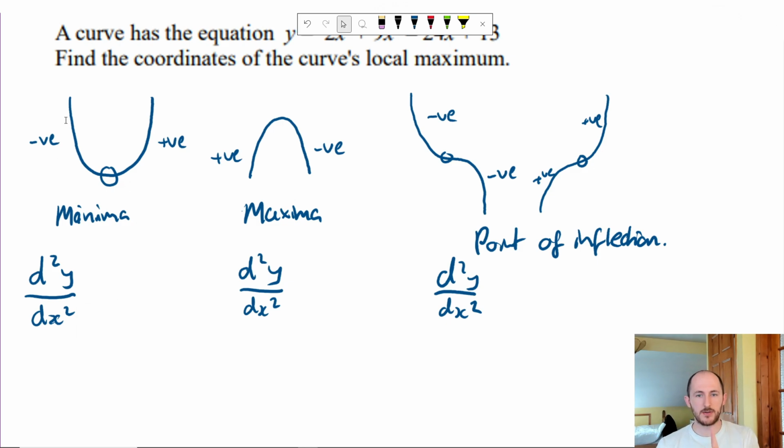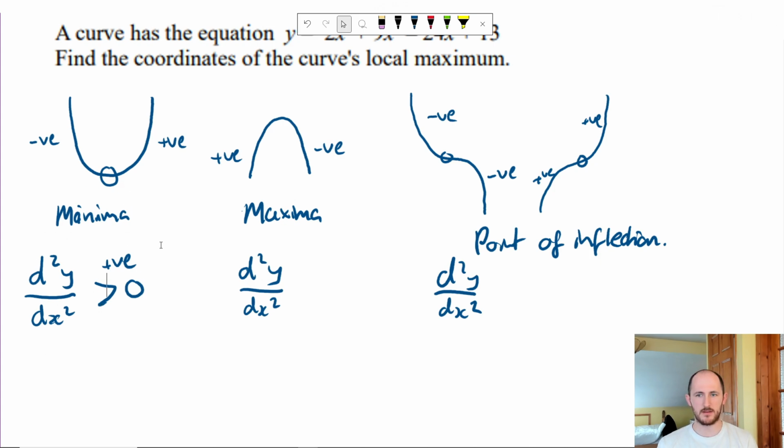Can you see my gradient is going from a minus to a positive? So the change in the gradient is positive, because there's a positive change in the gradient. It goes from minus to positive. That means overall it's a positive change in the gradient. Hope that makes sense. So if my second order differential, my double differential, is bigger than 0, it is a